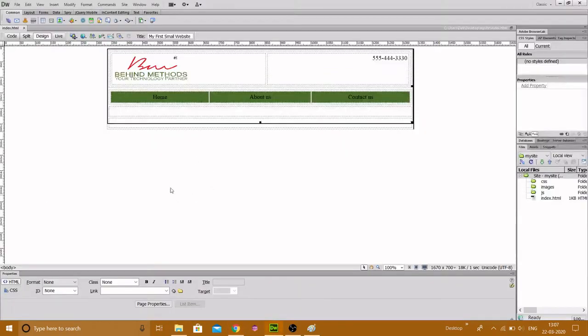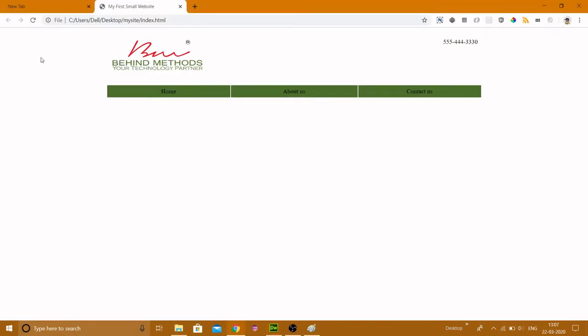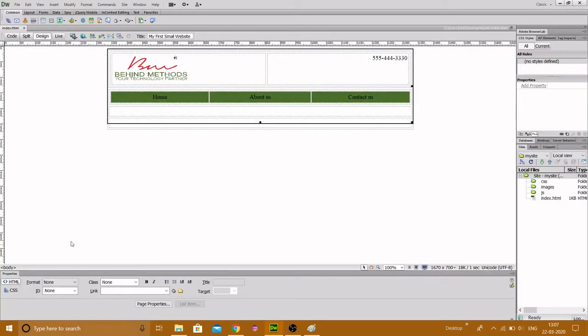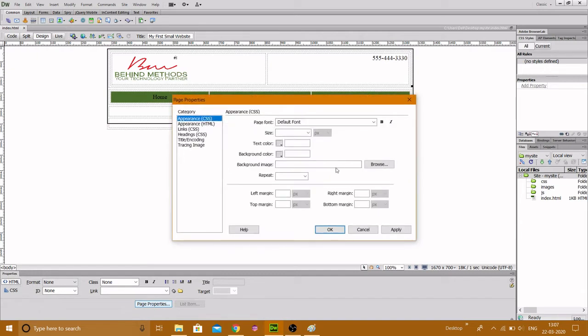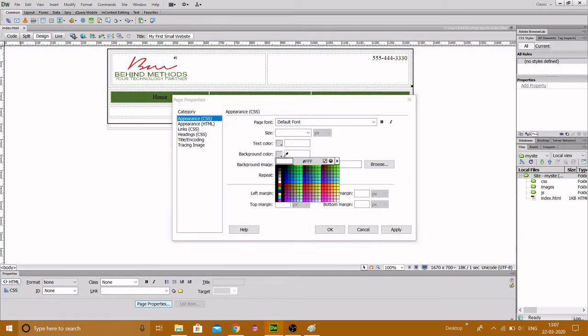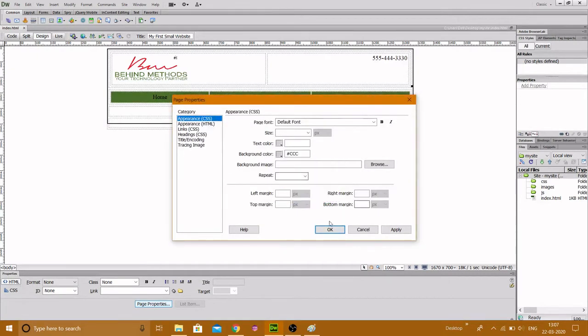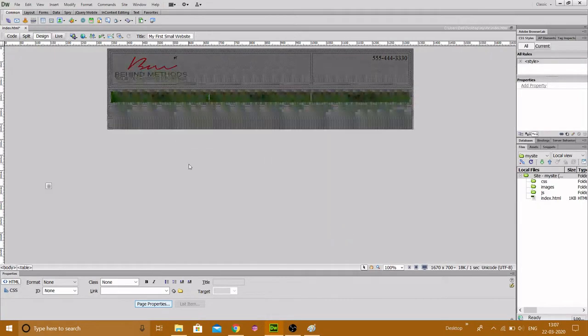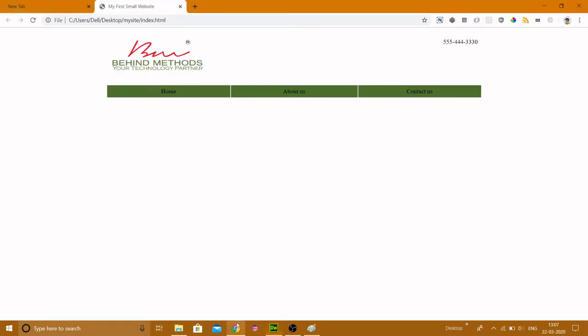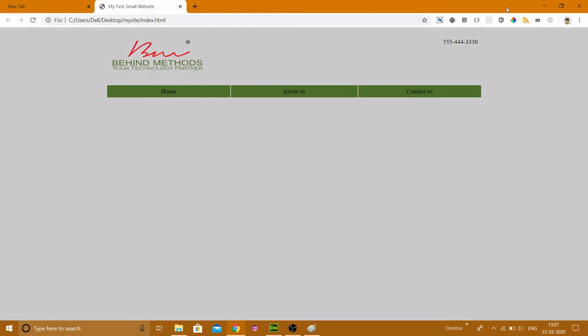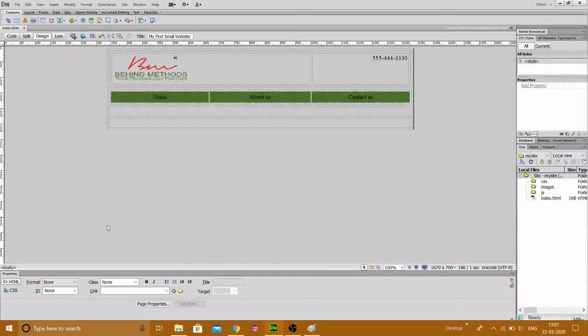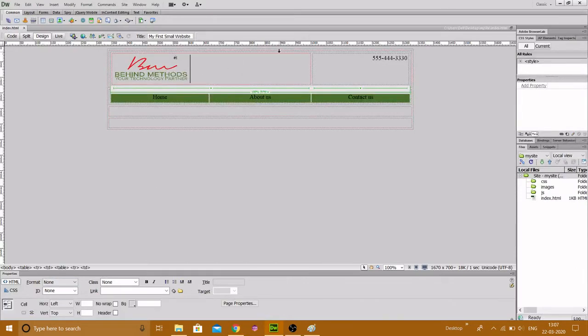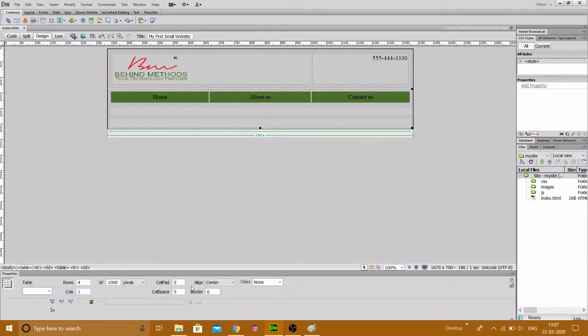Okay, so far we are going good. Background color: I can click on body, click on page properties, and let's say I want to give some background color here. This is the background color of my body, and it has been applied. Let me refresh my page. The whole background color is applied, and I want this middle section to be white in color, so I can click on this table and go here, body, table, and